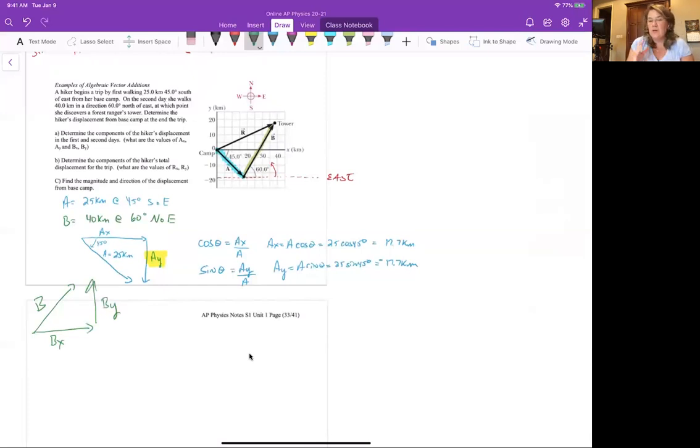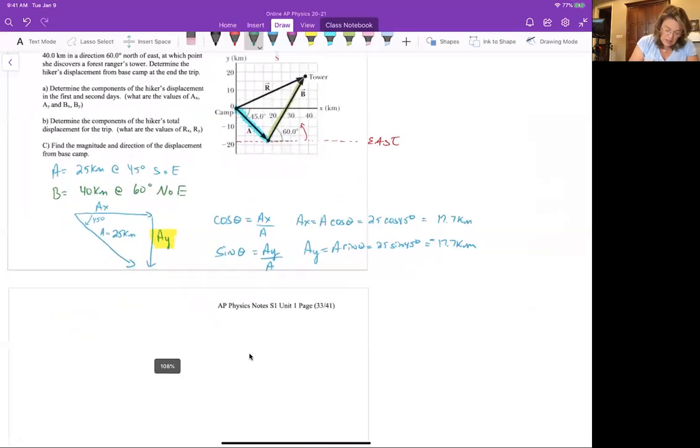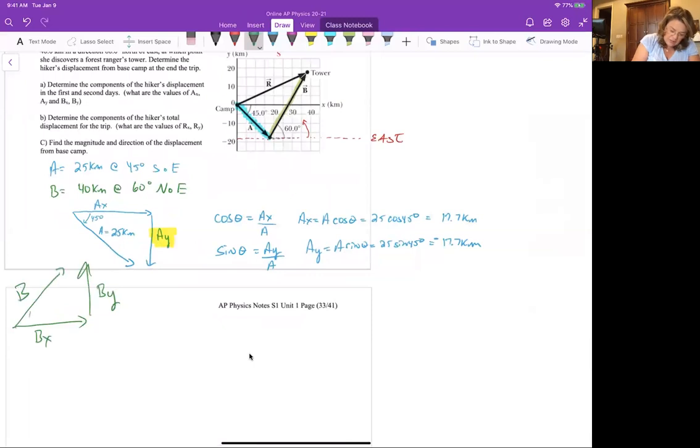So there is value. I don't want to make it sound like the graphical addition is of no value. It is. Okay, so I know that this is 60 degrees, and then I can solve for by, which is equal to the hypotenuse times sine of the angle, which is 60 degrees, and I find that to be